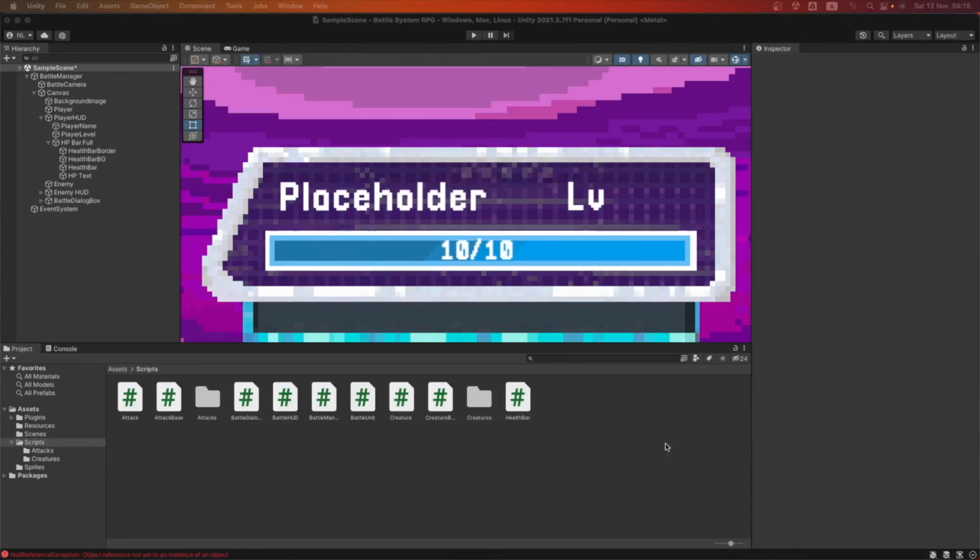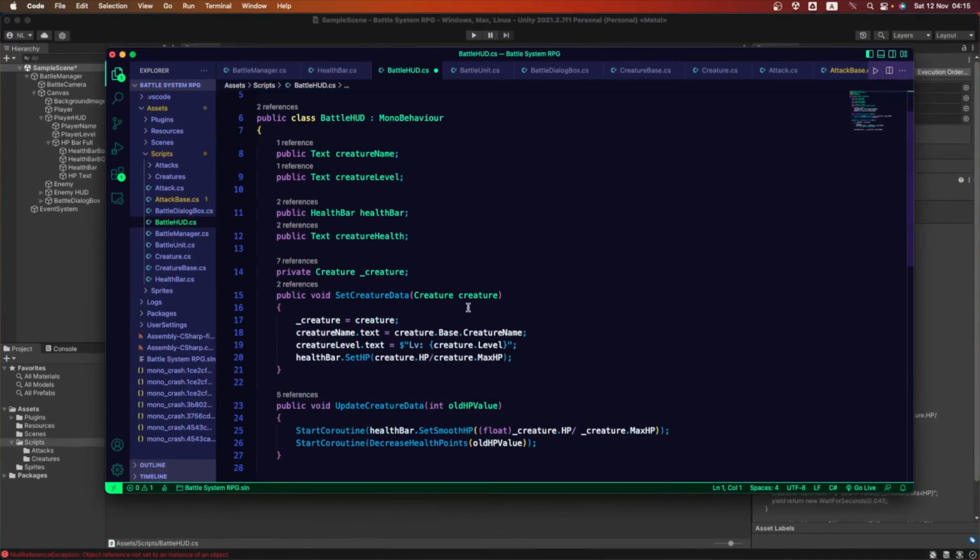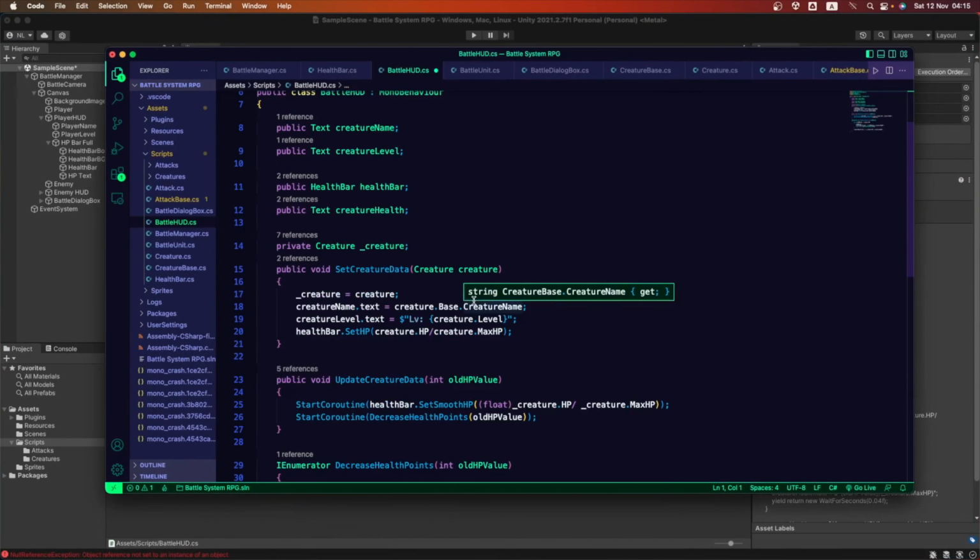This issue must be related to the battle HUD. So let's go into the battle HUD and see where we can fix this. We set the creature data. We set the name, we set the level. Oh, there it is.